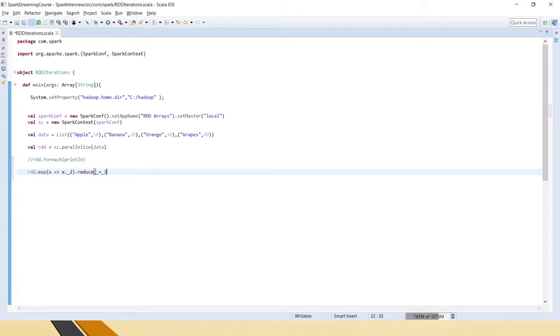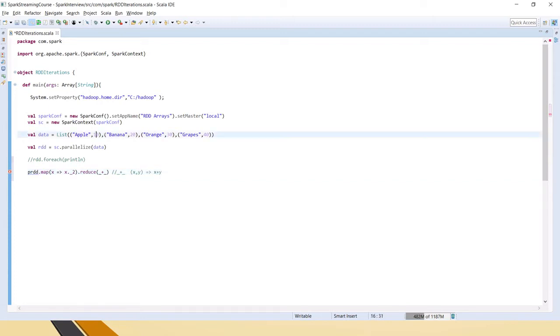We are taking the second value from the map, so when we do RDD dot map, we are giving the second reference, and then we say sum up everything. This placeholder means that for all x comma y, get x plus y.